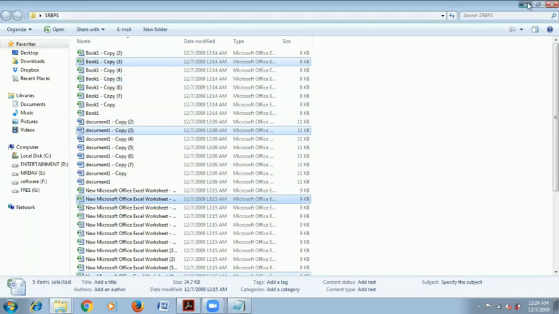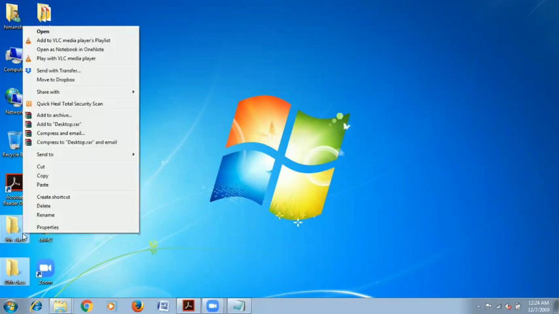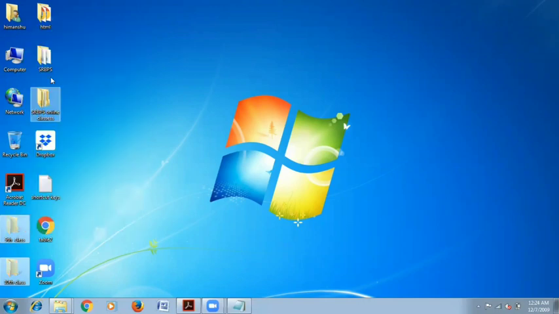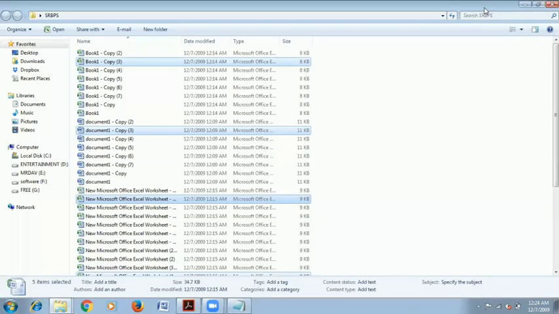class folder. Okay, so first of all I'll select both the folders. If you wanted to deselect this table 2, you can press the control key and click on this. The table 2 will be unselected. Now I wanted to move these folders permanently into that folder. So for that I'll use the cut option. Okay, cut. Then I'll go to my folder SRBPS. Here I'll maximize it.